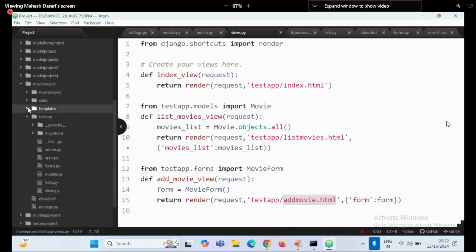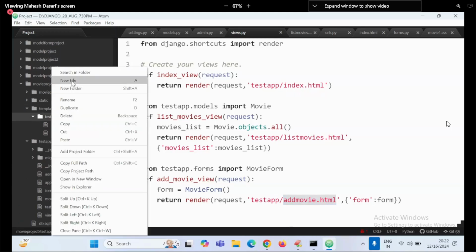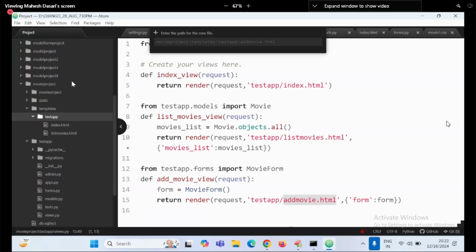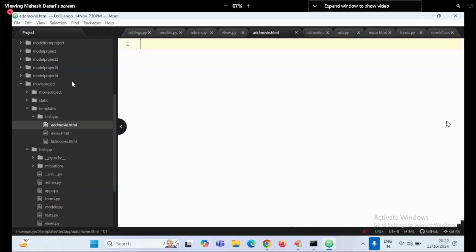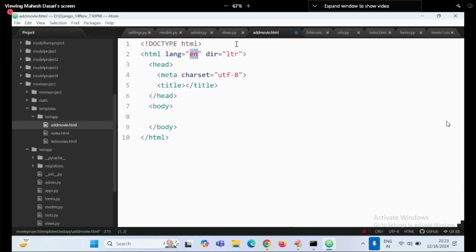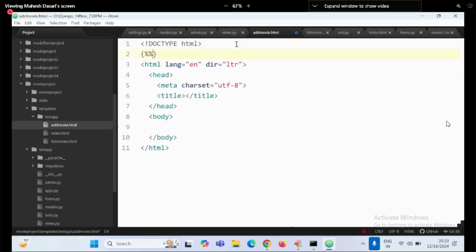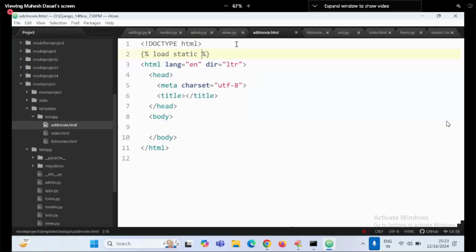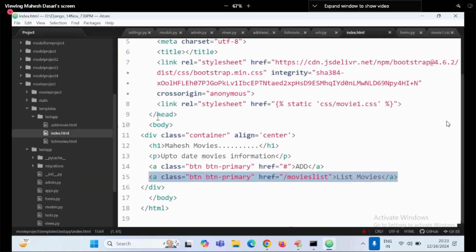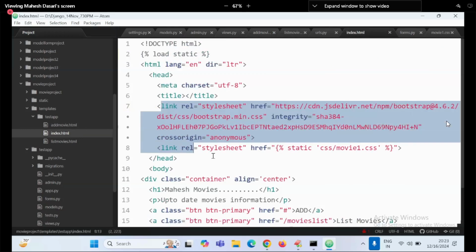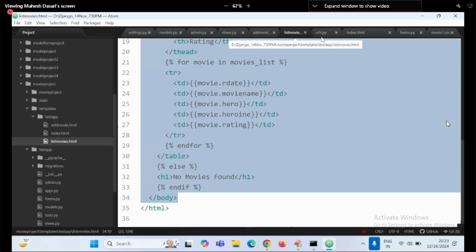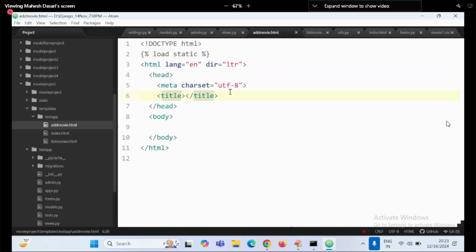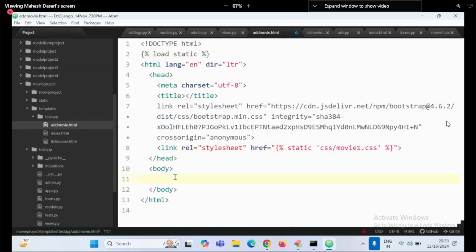So come to templates, right click, new file, take the file. This is the file. In this HTML code: percentage load static. Go to index. This link, this one, copy. Now inside body,